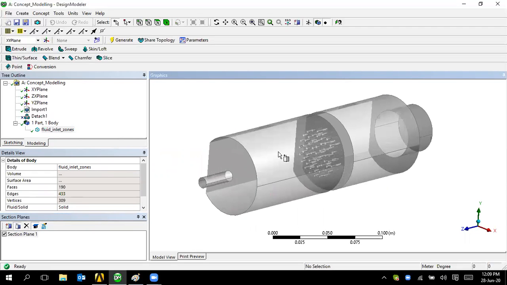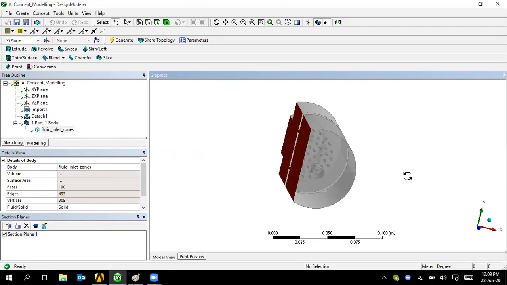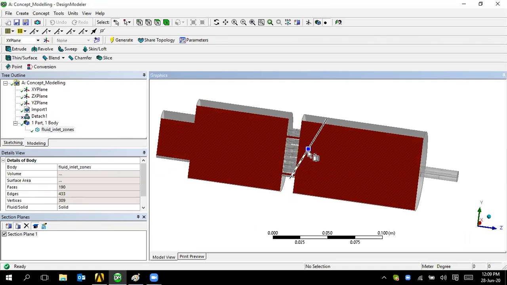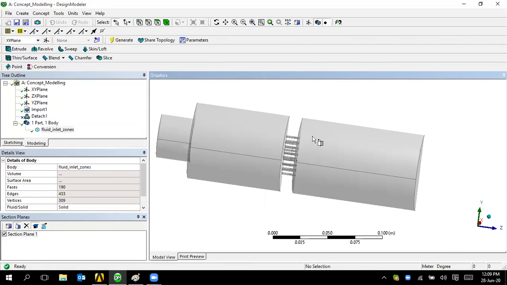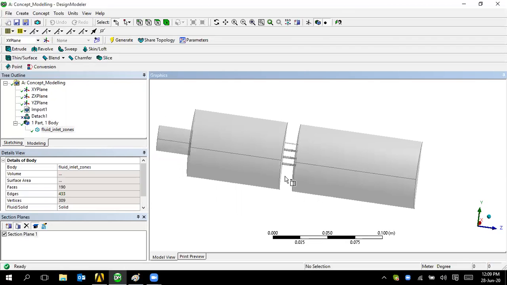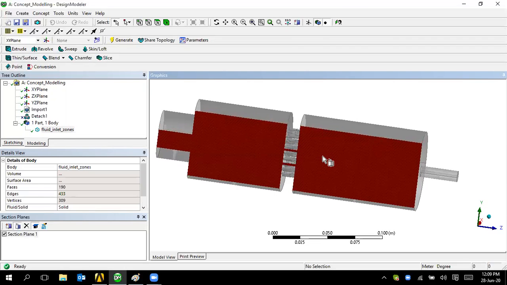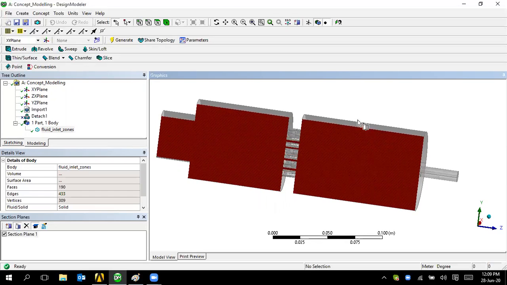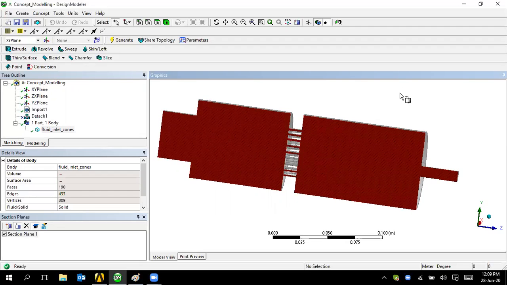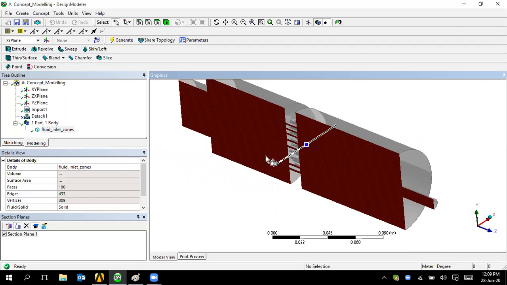Look at here. This is a cross-section view. Okay, this is just for viewing, which means it is not cutting the body, it is just viewing.